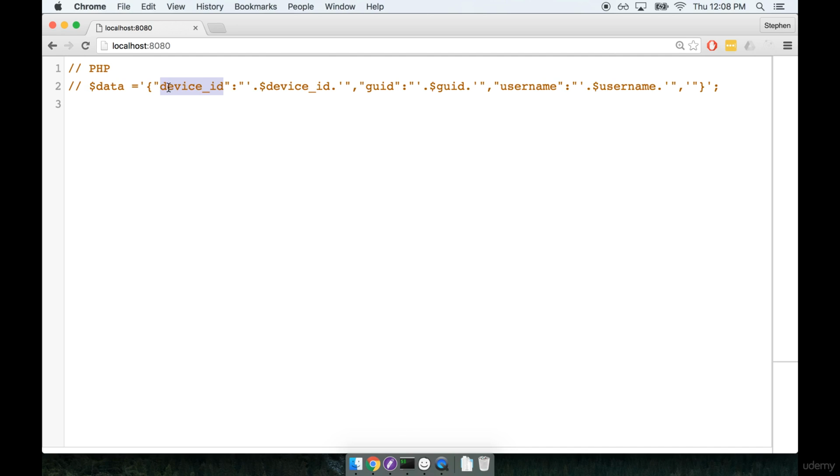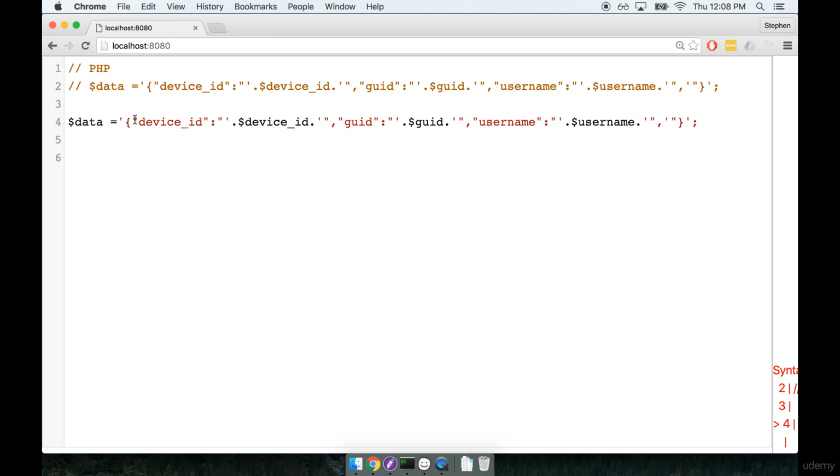So it's got an opening curly brace, a device ID, and then they join in a variable right here. That's the dot you see on either side of this device ID. This is how they do string concatenation, by using the dot. So let's do a little bit of a refactor, which is exactly what I did, to take this over to